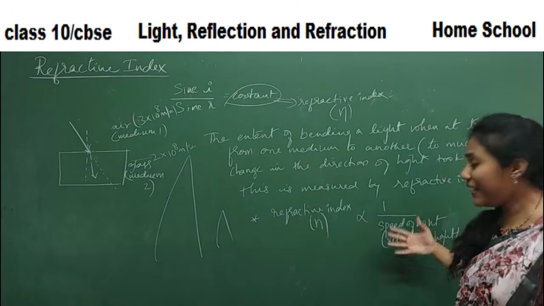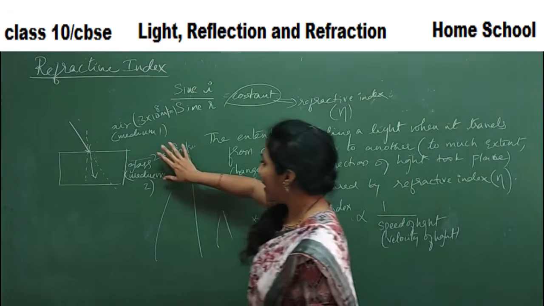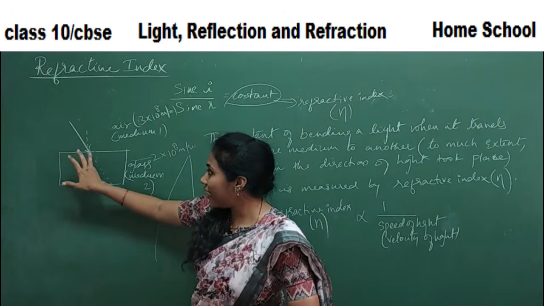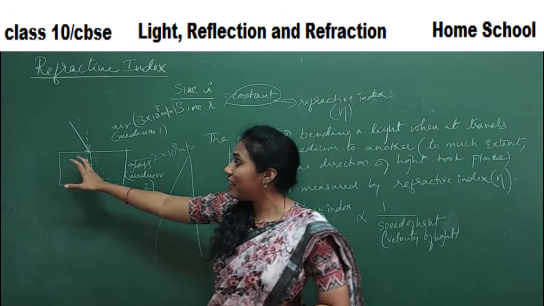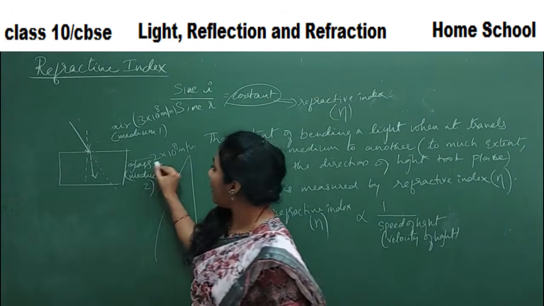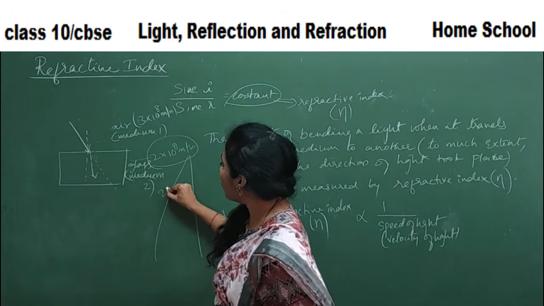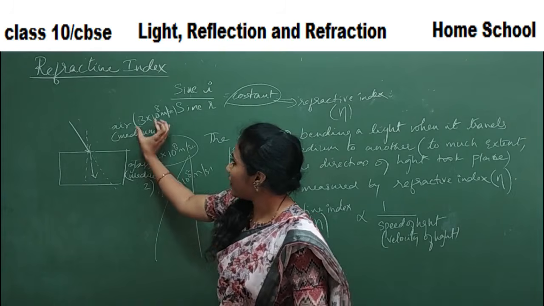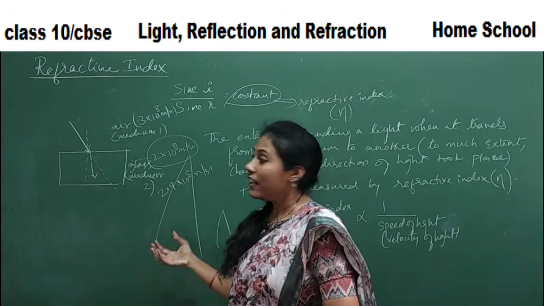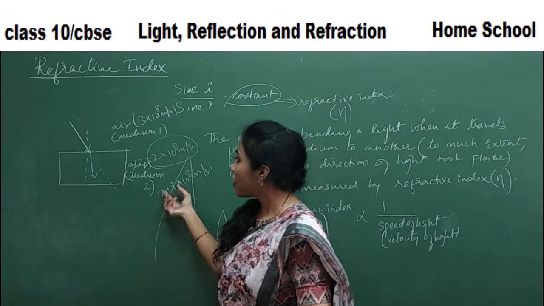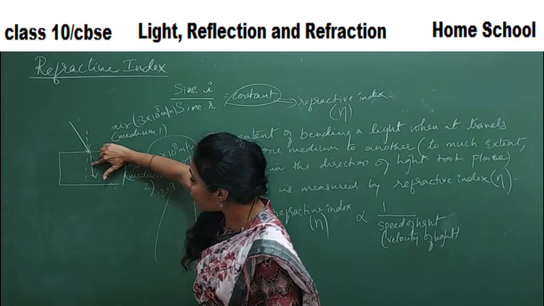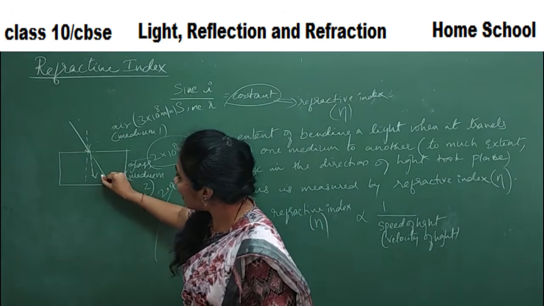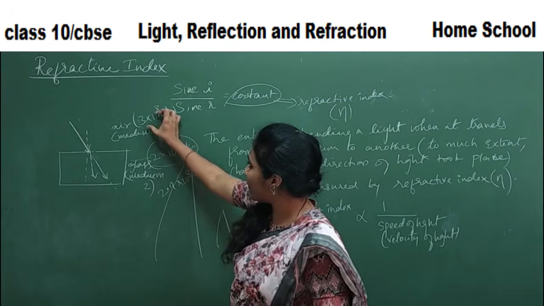And how does it depend? Inversely. If the speed of light is higher, there will not be so much deflection, not so much difference in the direction of light. Say for example, if the glass speed is also about 2.9 into 10 to the power of 8 meters per second, what is the difference between 3 and 2.9? Very little, right? Do you expect this much bending of the light ray compared to the incident one? No. Almost the light ray travels in the expected direction only, because the difference in the speed of light is very less, guys.